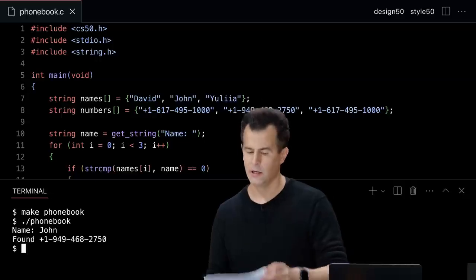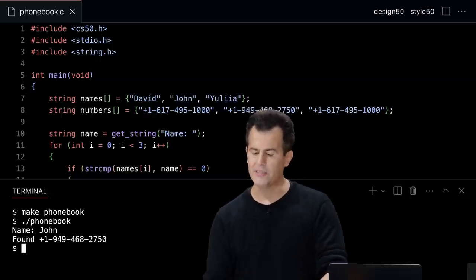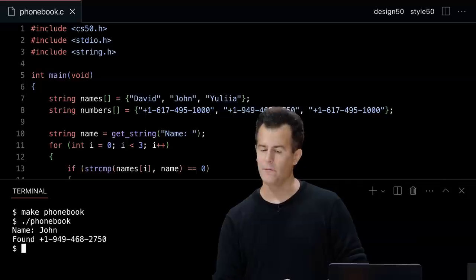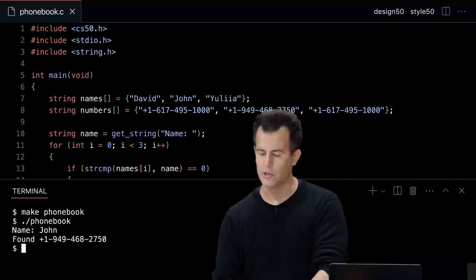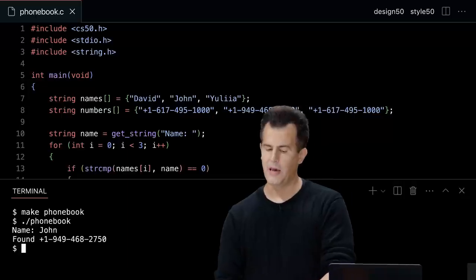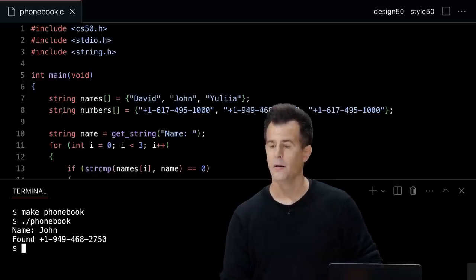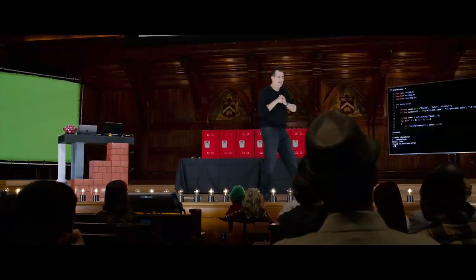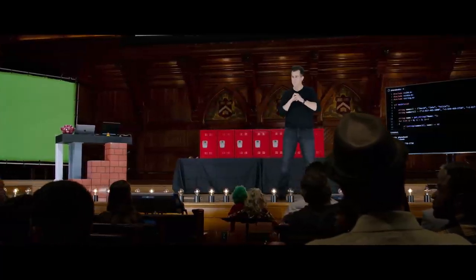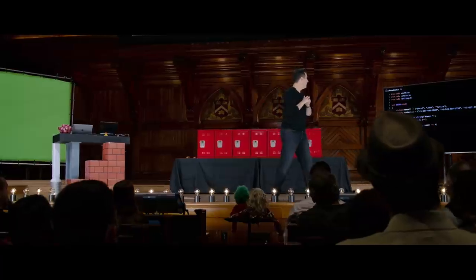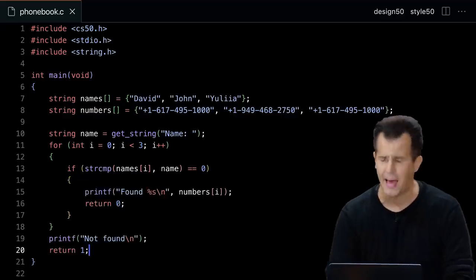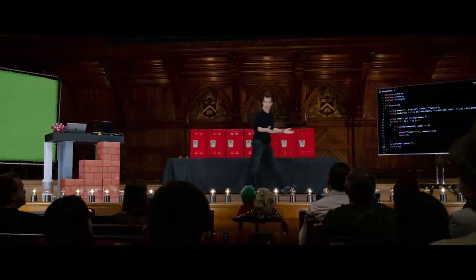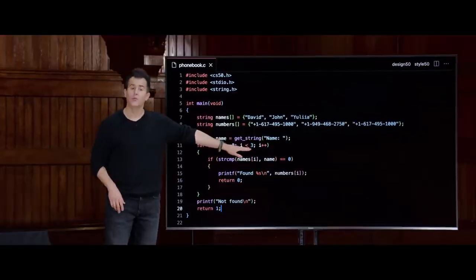This then is correct. What, though, is arguably poorly designed about this program, even if you yourself are still newish to programming? What's bad about this design here, might you say? Any instincts? What's bad? Good. So I don't like the fact that I'm using this so-called magic number, which means just hard coding a value that you're trusting is not going to change, or that you'll remember to change it. I don't like this. So that's a really good observation.